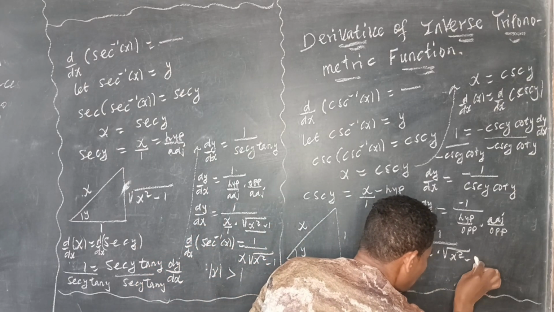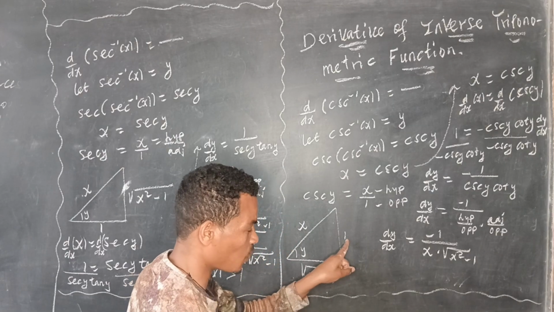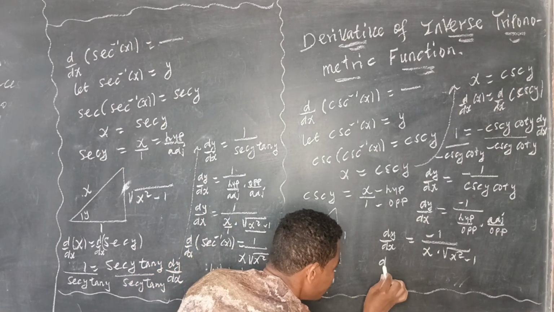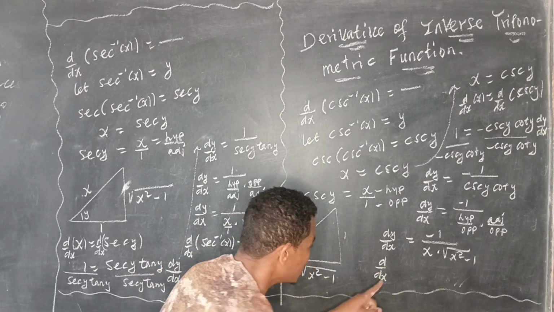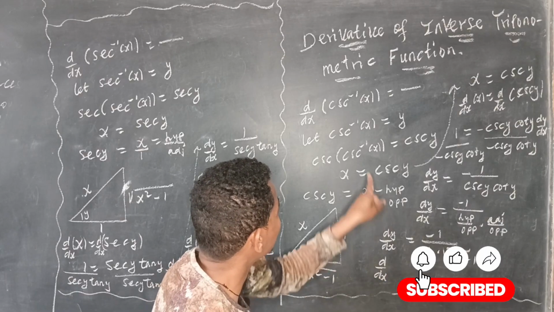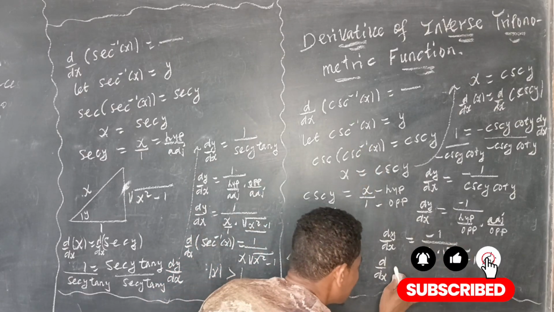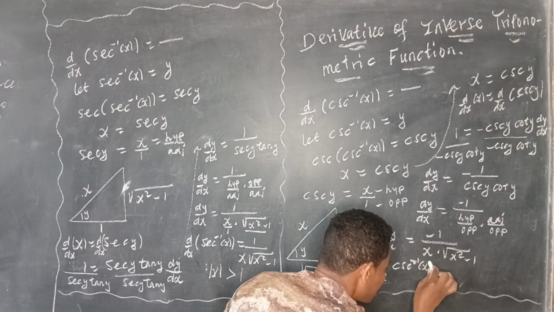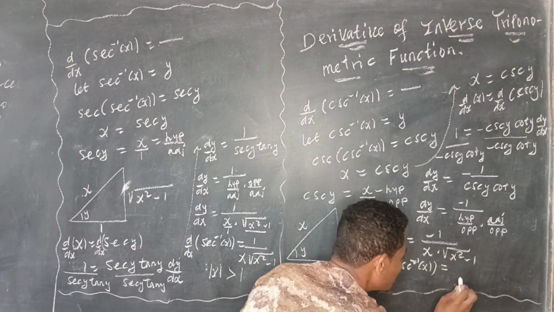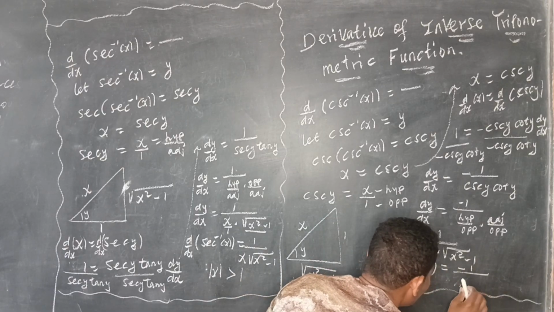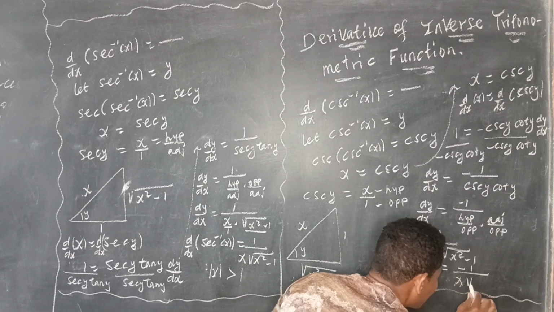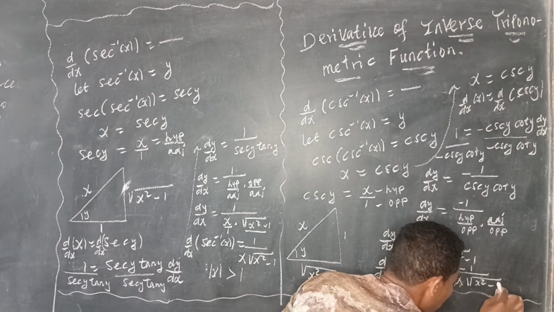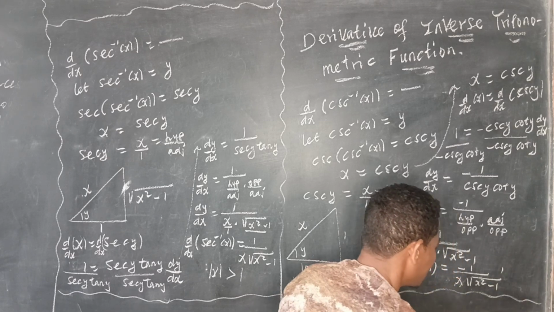So d by dx of y, that is cosec inverse of x, is equal to minus 1 over x radical x square minus 1, where the restriction is